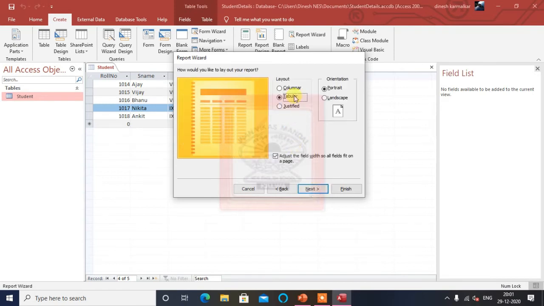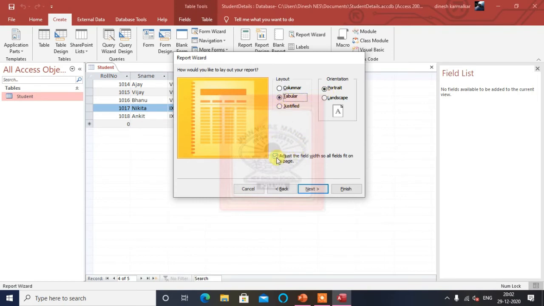Now in this there is a layout and an orientation. Portrait is the vertical form, and landscape is the horizontal form. Both you can see from here. We will keep portrait for the timing and check whether all the fields are coming. And here we can take the tabular form only. Columnar will come like this, this is justified, and this is tabular. For the timing I am going to keep tabular, which is the default option selected here, and portrait, which is also a default option. Whatever the default option, that only I am going to take first.